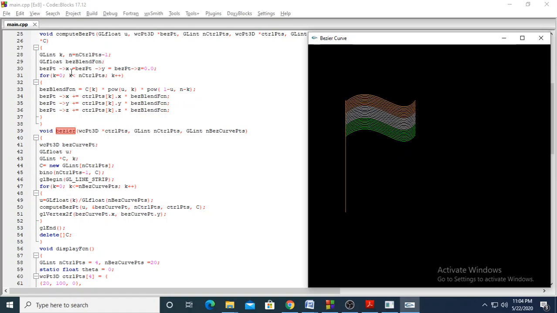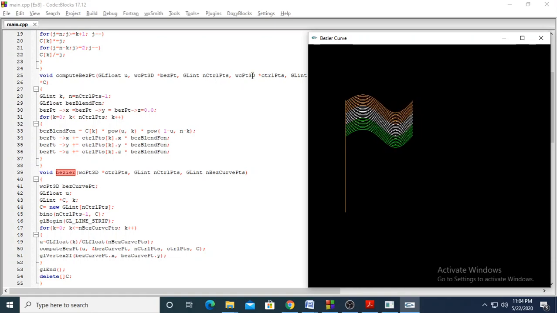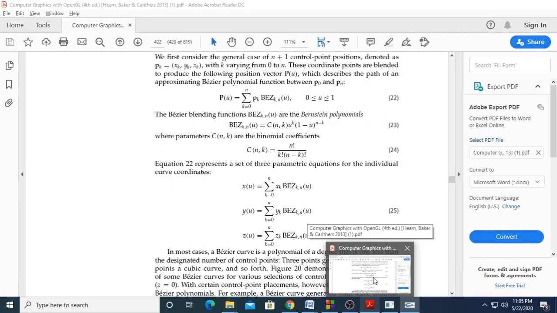Compute Bezier point. So here is the compute Bezier point. We have passed all the parameters. The variables are declared. n equal to number of control points minus 1, Bezier blend function, and the point is initialized to 0. So you can see this for loop will run 4 times, because based on the 4 points you have to find each position vector. And you know the formula, we are multiplying the Bezier blend function with the point. So Bezier blend function equal to, the formula is applied here. You know the formula, here is the formula.